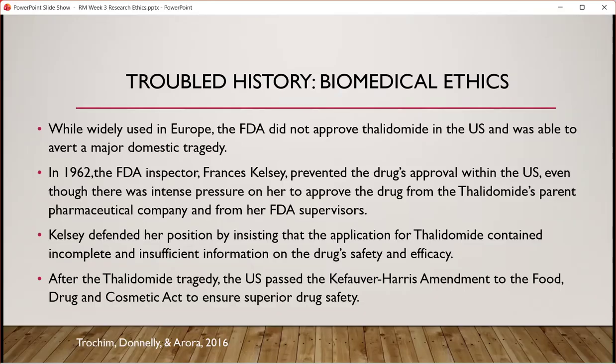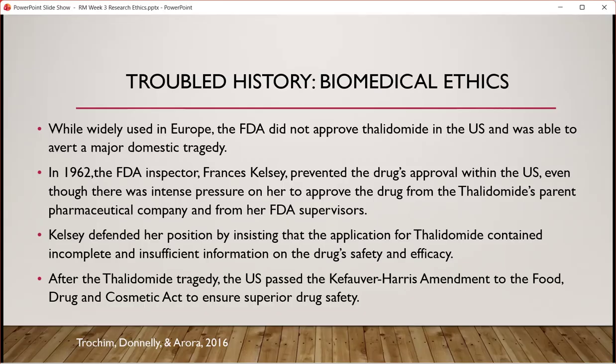And again, the request for thalidomide then was growing in the United States. And while it was widely used in Europe, the FDA did not approve thalidomide in the US, and we were actually able to prevent a very huge major domestic tragedy. Yes, there were some thalidomide babies in America, parents or oftentimes men traveling to Europe had gotten the drug and brought it home to their pregnant wives and thus emerged a handful, but nowhere near the great numbers that happened